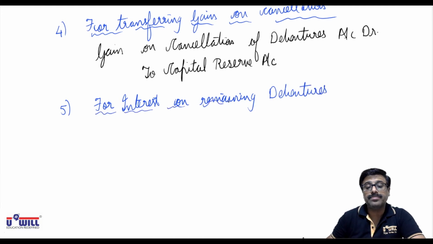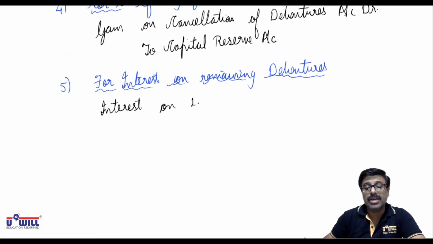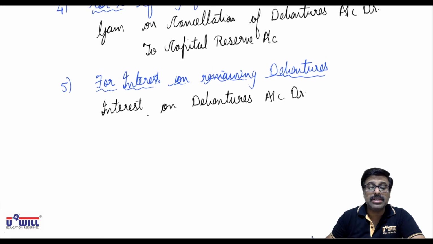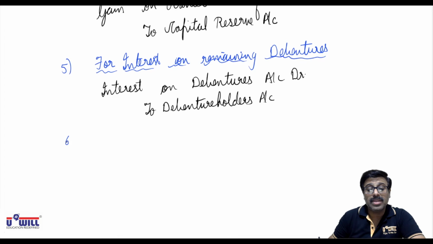First, interest on debenture is an expense for the company, debit all expenses and losses. So interest on debentures account debit, and amount is payable to debenture holders, credit the payables. So to debenture holders account. And then for payment of interest, this is the interest becomes due. For payment of interest, the entry will become